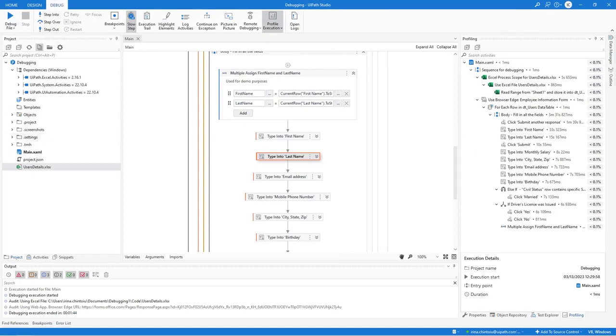Before parting, let's remember the steps that we took today to fix this workflow. We made use of the Profile Execution option to check our project for performance issues. We identified and fixed the occurrences where those errors caused a slow performance, the properties for different type into and click